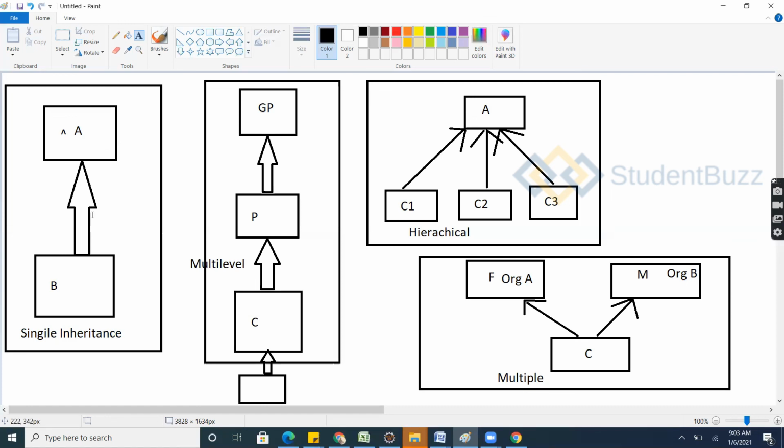Single inheritance has a parent and child. Multi-level has a parent to child and child to another child, so grandparent to child. Also, you can do it, but the parent is in between. And multiple inheritance is if you have two parents or two sources and you want to get anything from them, it's not possible by using classes in Java. And if you have one parent and multiple children, it is possible to extend it into multiple children for a parent.